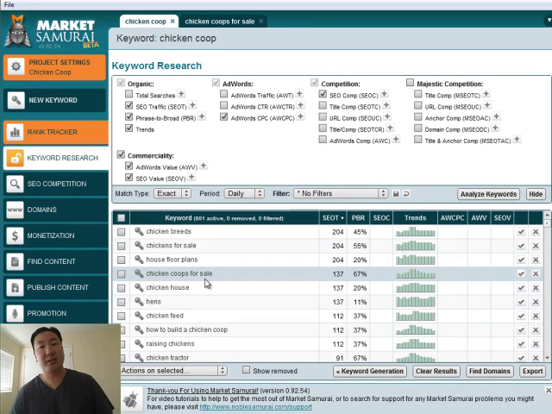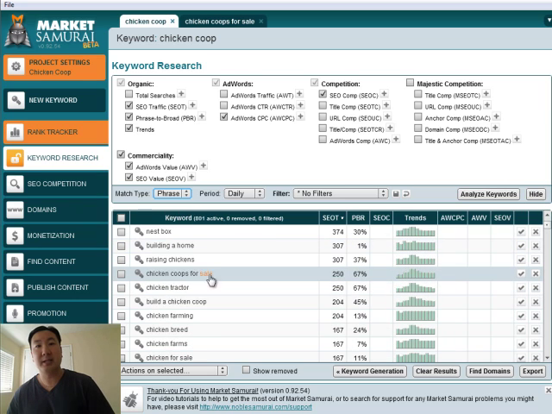These are called long tail keyword phrases, and once you start ranking for your main keywords, you're going to find that you'll start ranking for some of these other related phrases as well. And so what's really nice about Market Samurai is it gives you the ability to predict the level of traffic as you start ranking for more long tail keywords. And the way you do this is, we did all of our research in the beginning using exact match, but you can also get an idea of the level of traffic that you'll get once you start matching on certain phrases involving your keywords. So if I switch this to phrase,